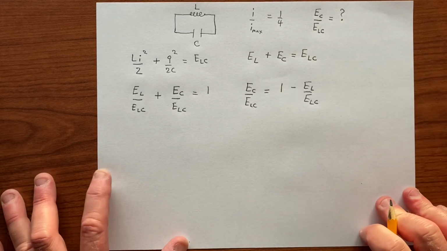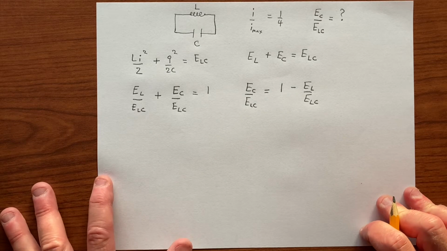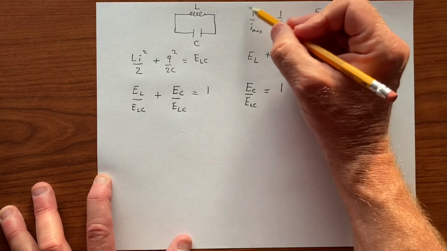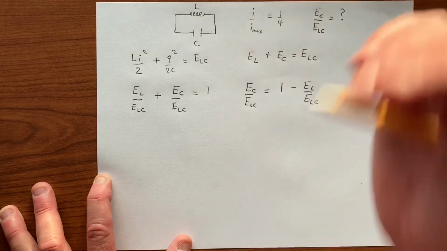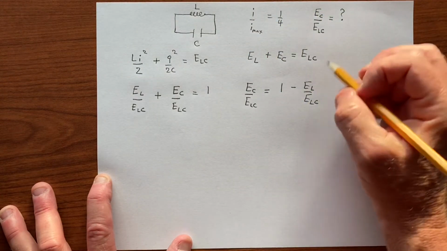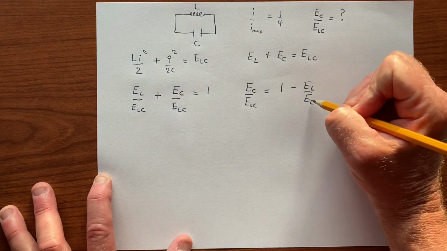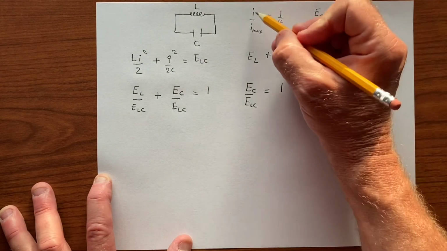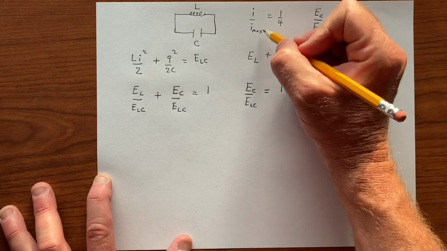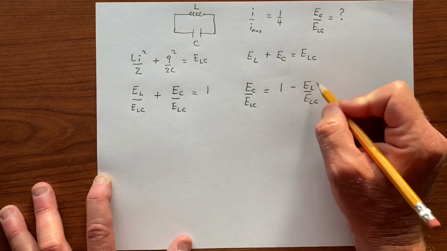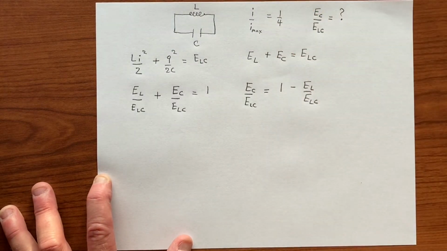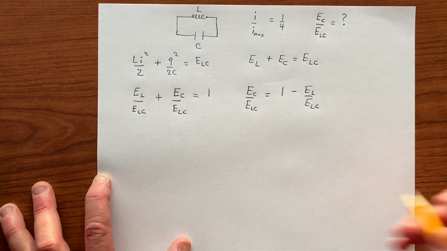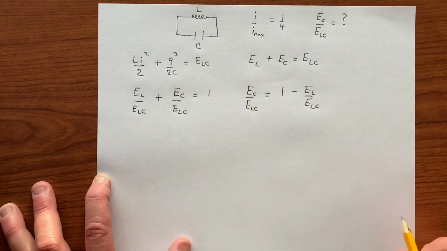So the question is, can we get EL over ELC? And the answer is yes, we can get it from this information, but we need to be able to write both EL and ELC in terms of this ratio. So we can write EL in terms of I and ELC in terms of I max, and then we can incorporate this 1/4 into the answer. So that number is going to affect this quantity. How does it do that? Well, we know that